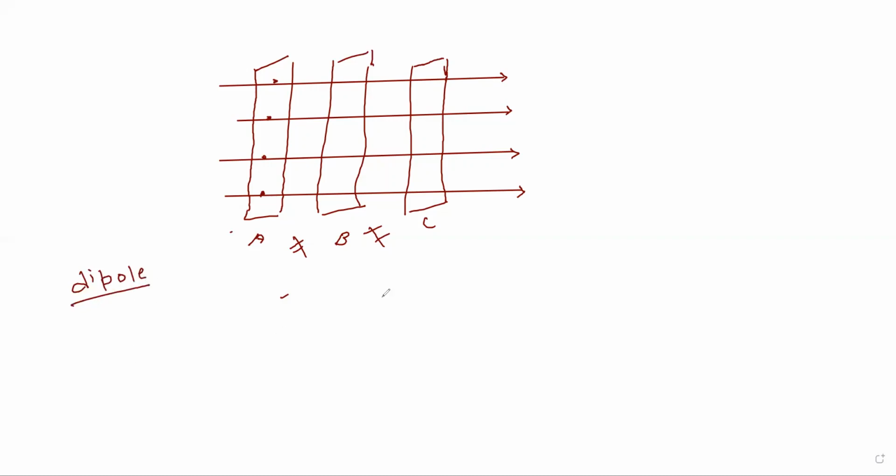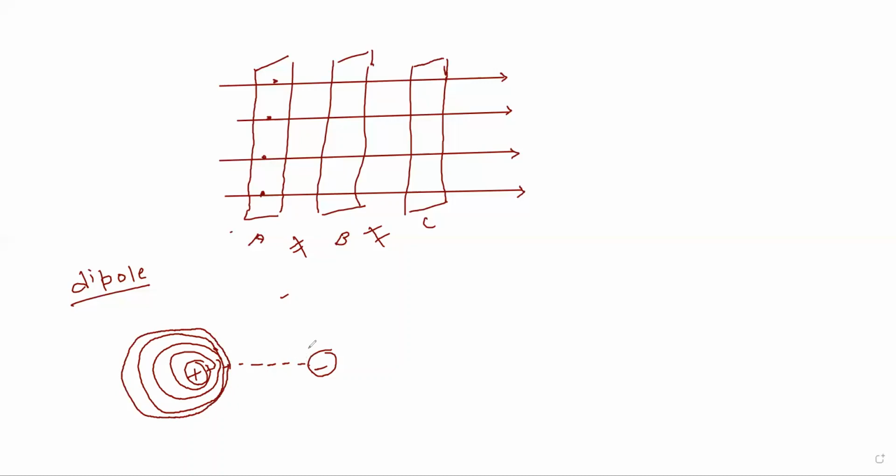So what will be the diagram for a dipole? So this is plus and this is minus. This diagram is important. What is a dipole? Two equal and opposite charges separated by a certain distance. So this is one consecutive ring. Just try to draw it in your notes. I will draw it properly, because with this digital pen I cannot draw the diagram properly. See, this is a little like an oval. It is not a circle.